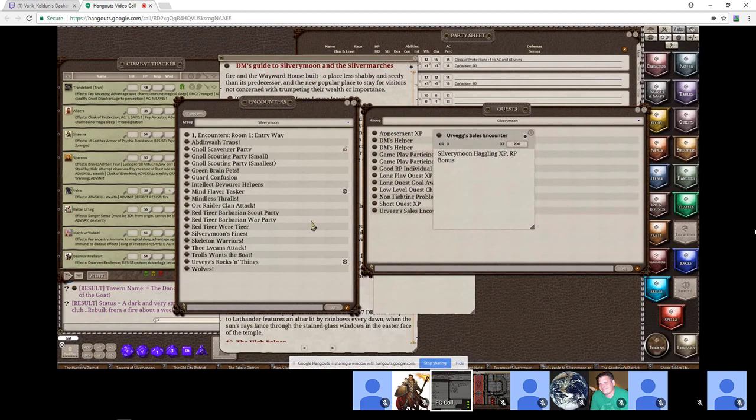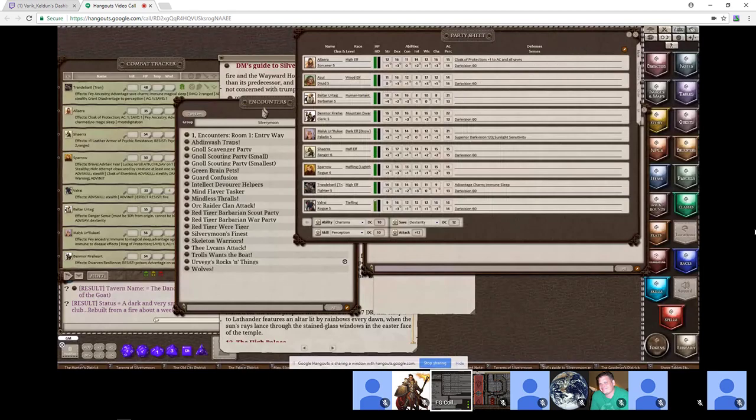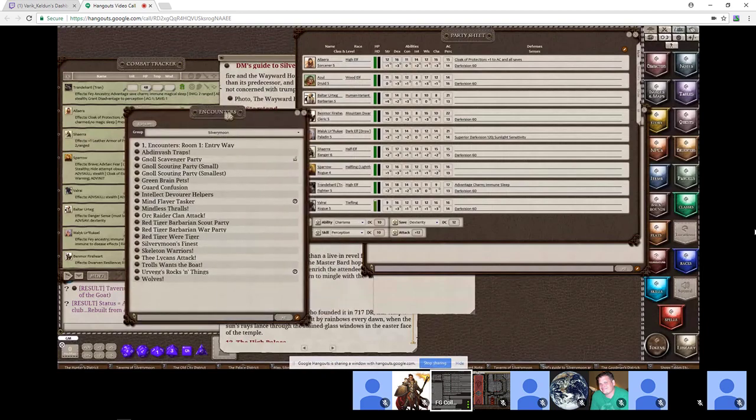Yeah, so normally in the party sheet, this is where you manage the store and things like that. So from an encounter and from the XP, those values actually get plugged into the party sheet. This is really nice and easy. But basically you have 4 sections that you have to manage when it comes to resources: gold, XP, and encounter